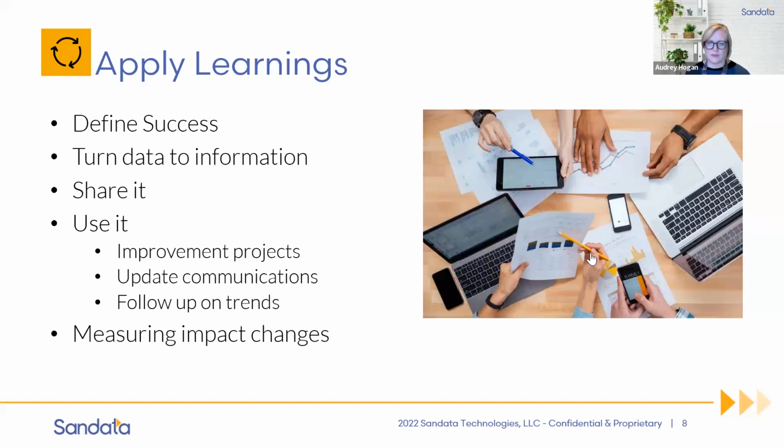Do improvement projects. Update your communications, try something different, test it. Even if it went well the first time, it doesn't mean that you might not do better the next time, trying two modes of communication, or two different audiences, or embedding a caregiver communication tool into a provider tool. Always look to how you can do it better the next time, and then measure the impact of those changes. Keep iteratively moving forward with the information that you have based upon the interventions and based upon implementing some of these best practices.